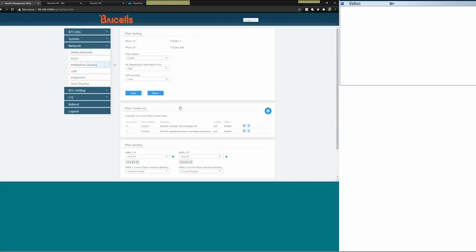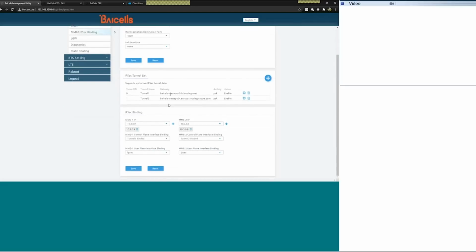So with the Cloud EPC, this is all enabled by default as well. IPsec will be enabled to connect to the MMEs. There are 2 MMEs, so there are 2 connections. We have West Coast and East Coast servers, and then we have the binding as well. So this is only for IPsec,